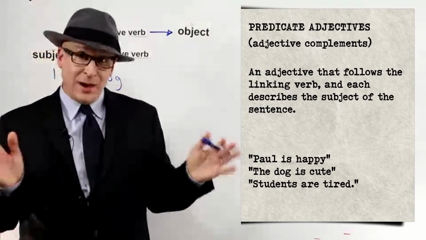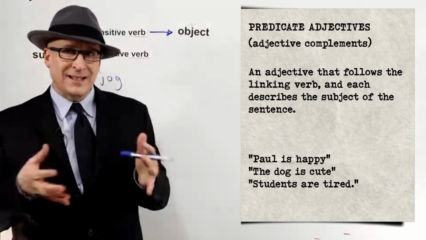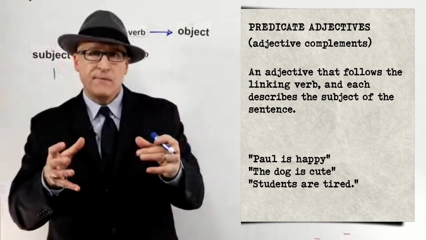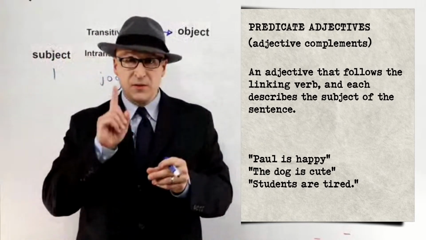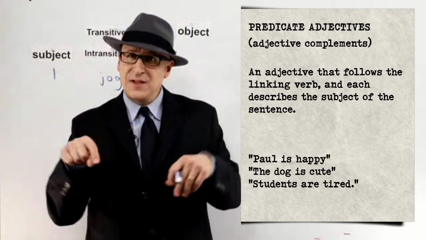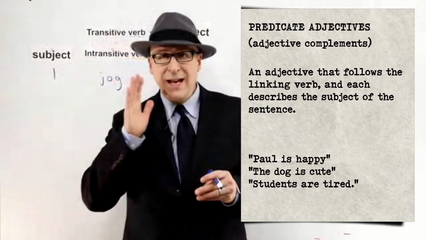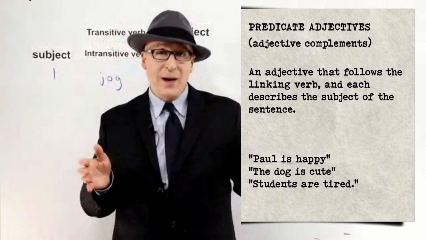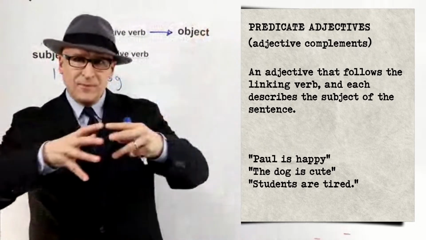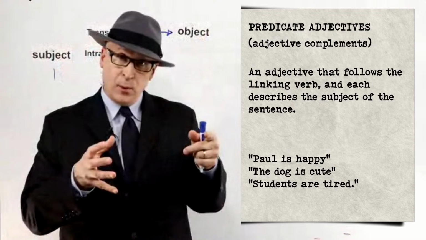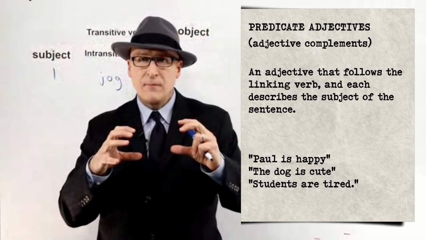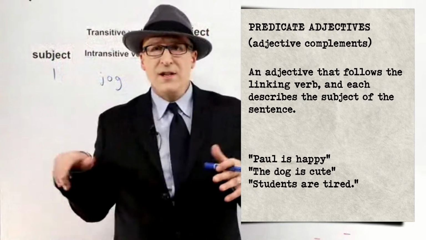So this is called a predicate adjective. It's like the adjective is part of the verb predicate. The predicate means the verb package. It's better than saying just the verb because sometimes the verb is one verb, like is. But sometimes the verb is made of two parts, like is standing. Or in present perfect, have been waiting. Three verbs together in a verb package. So this word predicate covers that possibility. It's a verb or two or three verbs, all of which create the verb package or the verb team. That's the predicate. So these are called predicate adjectives.